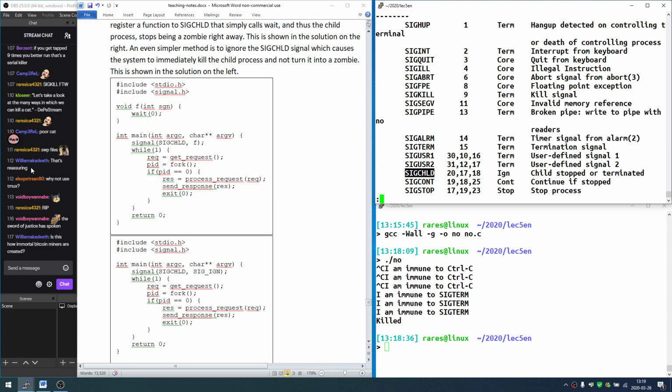The question was, how do we know when the request was serviced? And this is how we know. When the child process finishes, it sends a SIGCHLD to the parent automatically. So then we can write this kind of code